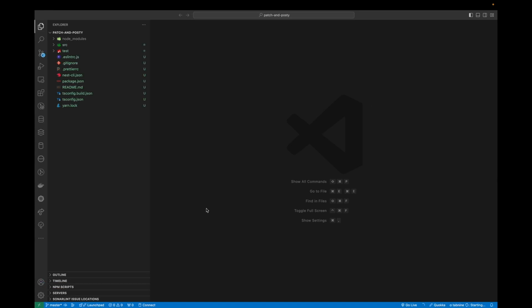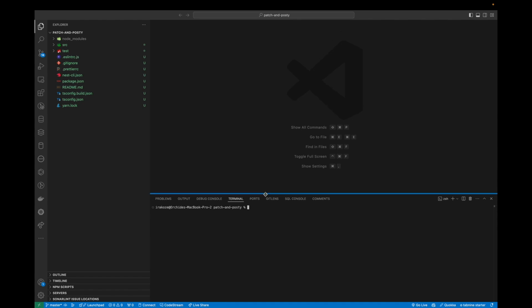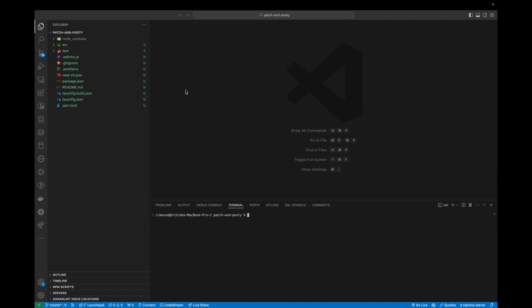All right, let's bring up our terminal by pressing Control and backtick, and then let's just look at the project structure. All right, so you have your source folder, which is where everything will be. And then you have your test folder, you have your package.json file, and then the Nest CLI, and a few more files right here. All right, so let me take you through the basics of Nest.js according to this default